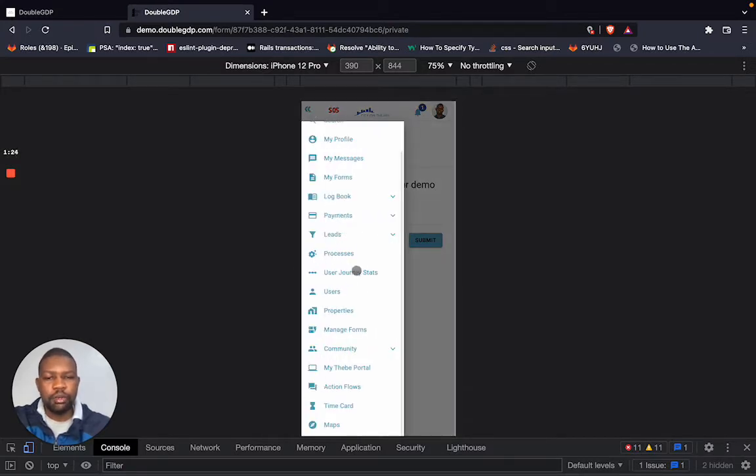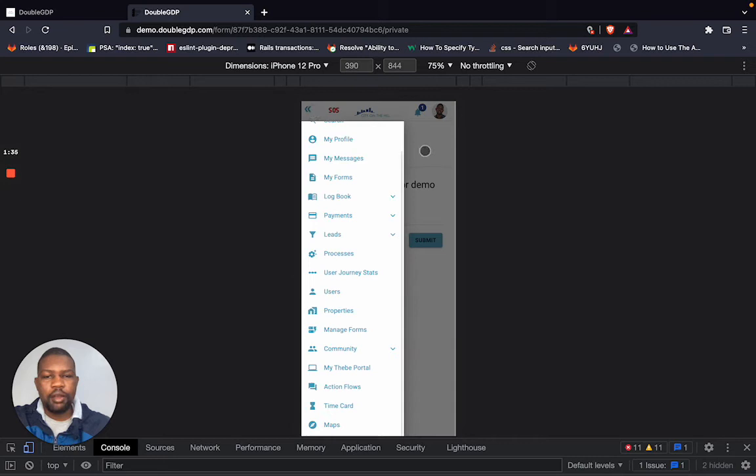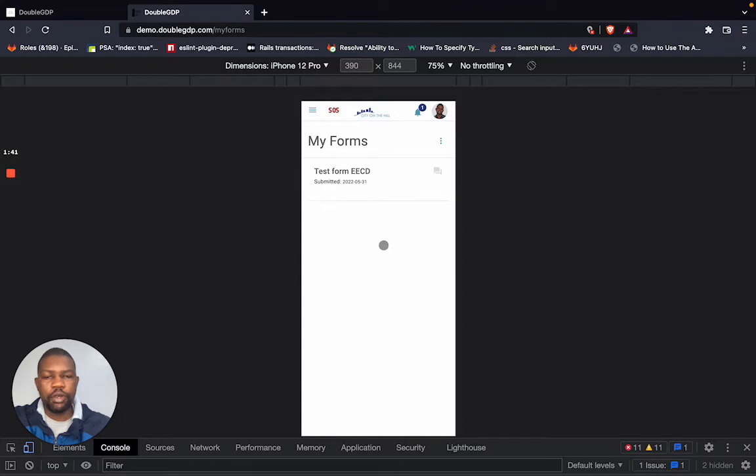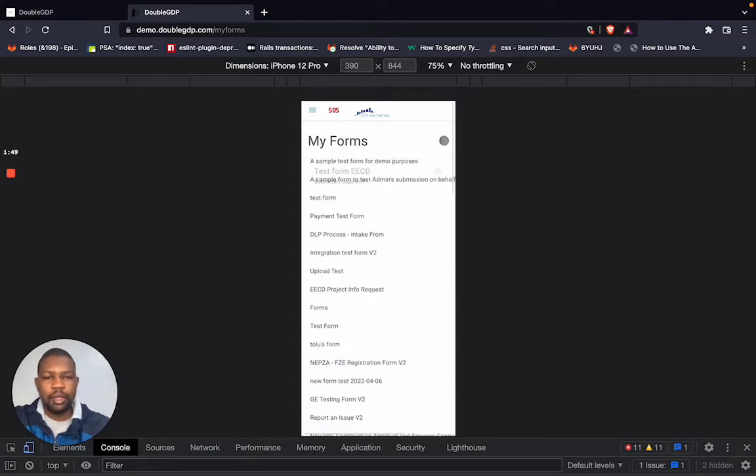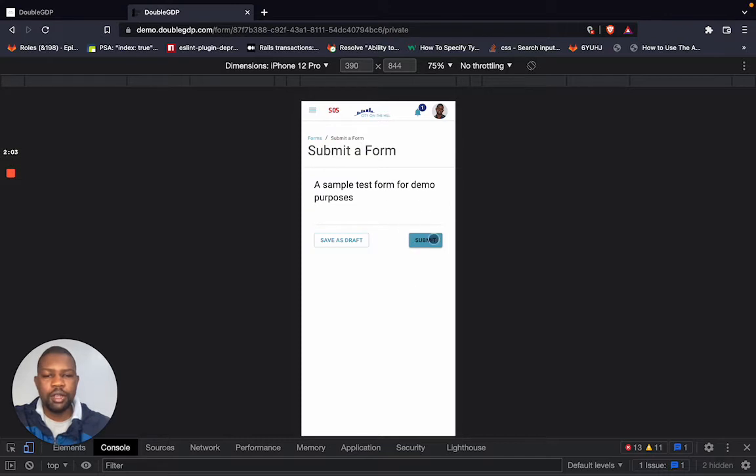Another change we made was because the manage forms menu item is only available for admins, what about the other roles? The other roles in the system that need to submit forms now have a new menu item called my forms. If you click on that menu item, you're taken to a page where you have the option to submit forms by clicking on this About menu on the right, and that lists the form listings that you can click on any to submit. So as you can see,